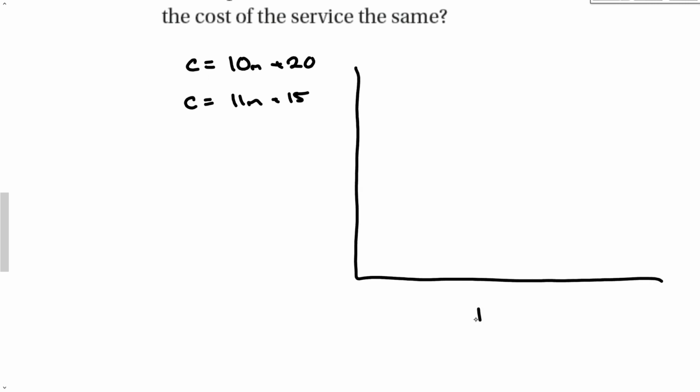Okay, so we have time and we have cost and we have one. Let's go 2, 4, 6, 8, 10, 12, 14 months. And my cost, let's go by tens. Go 10, 20, 30, 40, 50. Okay. So my starting point for the first one is 20, and we're going to go up 10, right